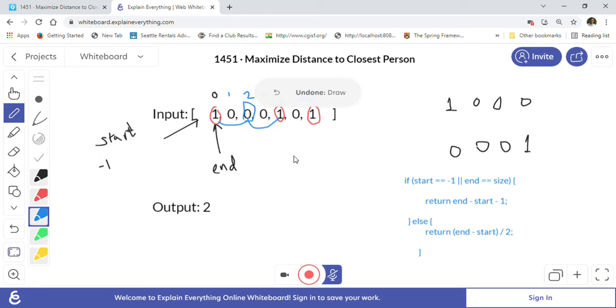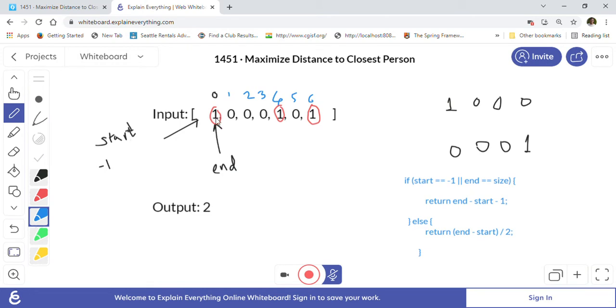How we are going to solve this problem is we will create a start and end pointer. The start pointer will point to -1 in the beginning, and the end pointer will point to 0.